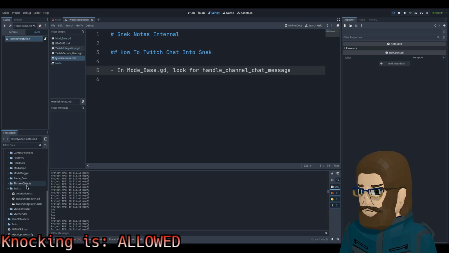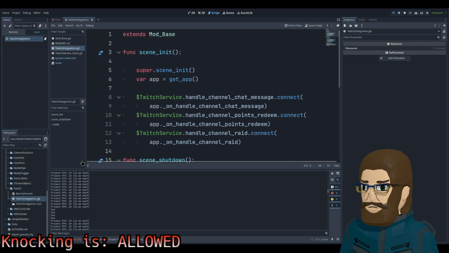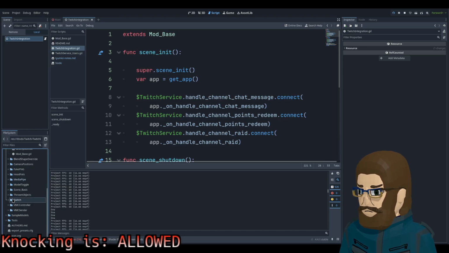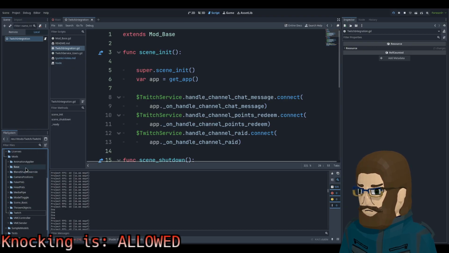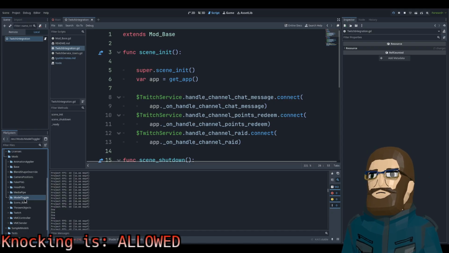Now, let's go back to you. So you set all these up, but then how do things use them? Because this is the Twitch integration. Okay. And then I know it does get utilized by the model toggle.